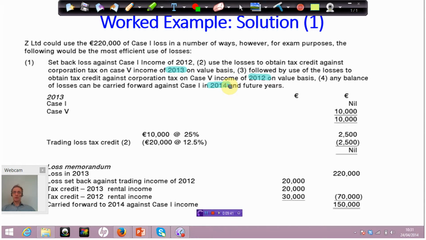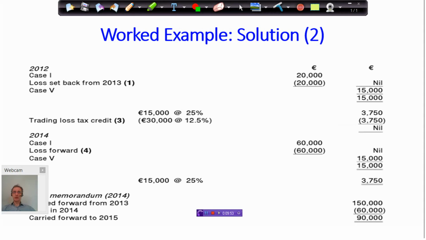Okay, so if we move forward just to the next slide for a moment, what you'll see is that the first option is done first. In other words, it's in fact option number 2. So if we look at